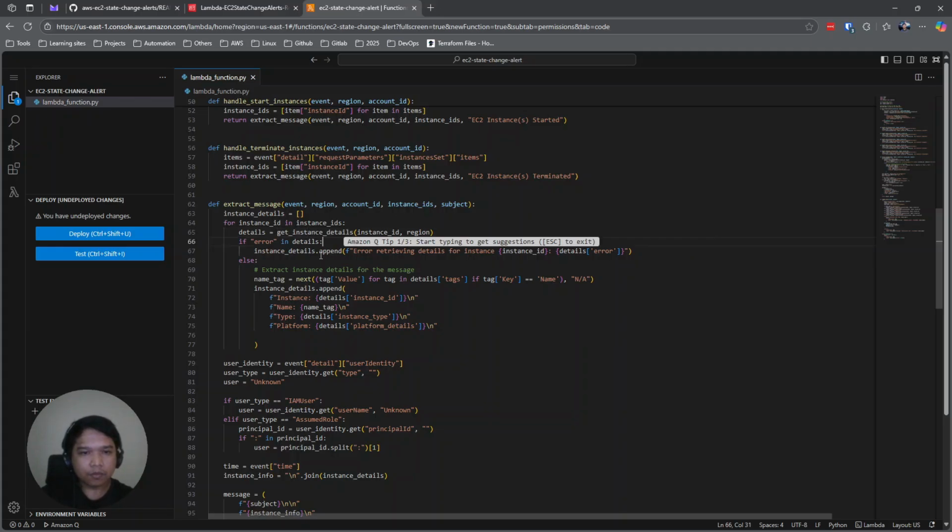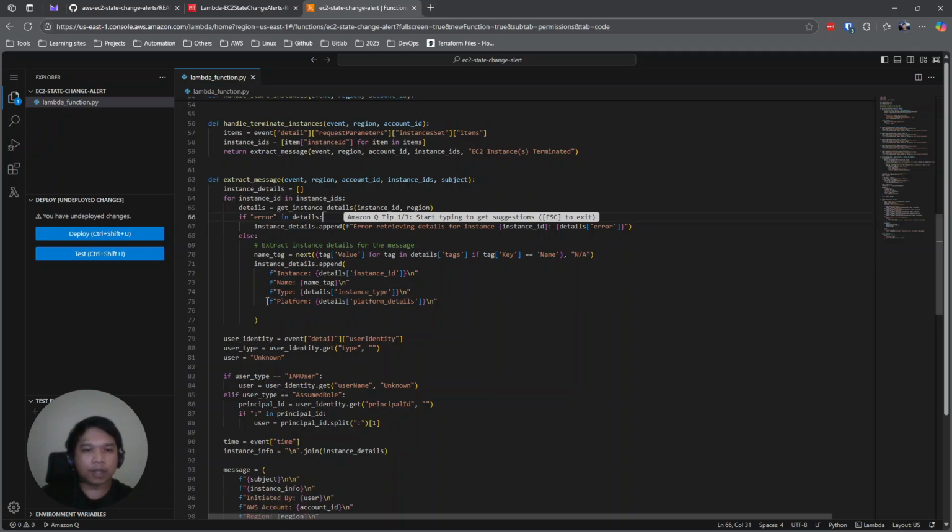So we're going to extract the necessary details that will be created in the message body of the email.